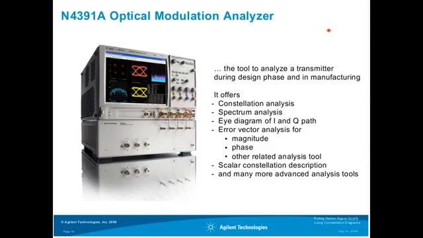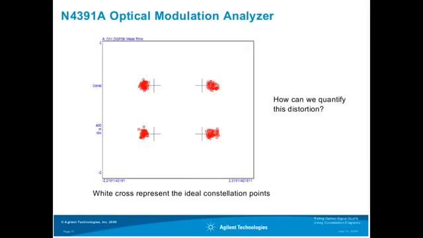I will explain in more detail later on this error vector magnitude concept because this is very well known also in the RF world. In addition, this instrument offers a scalar constellation description to be able to rate the quality of your constellation diagram and much more advanced analysis tools. So now let's go to the